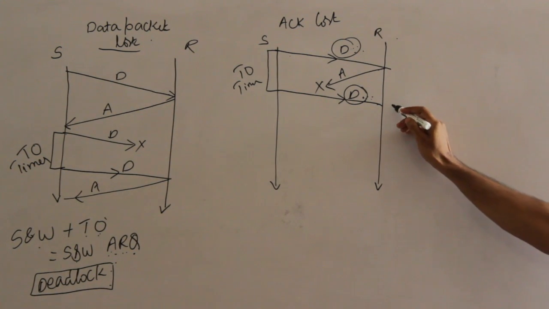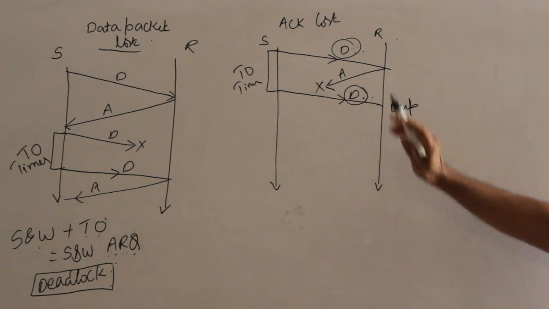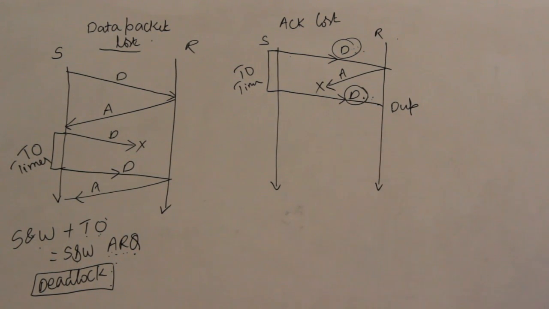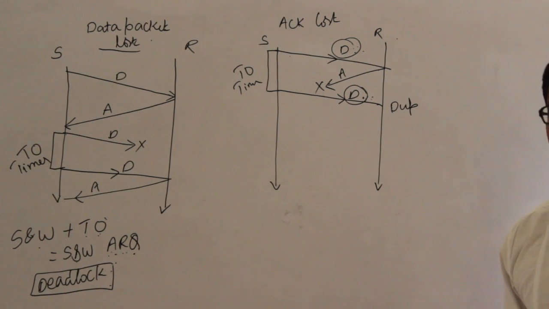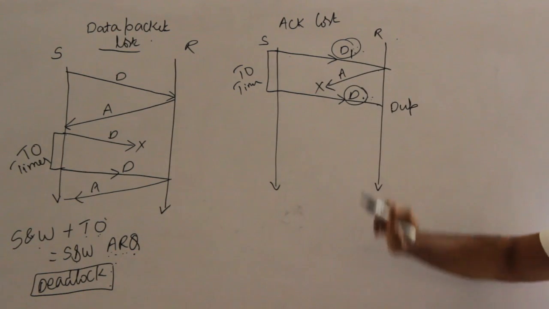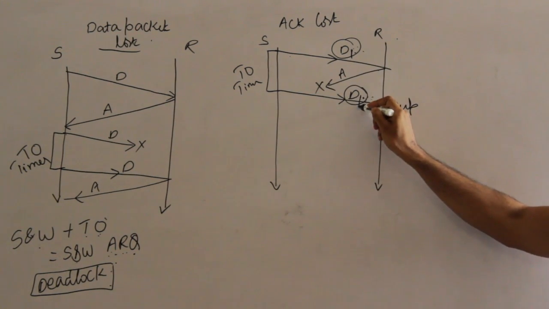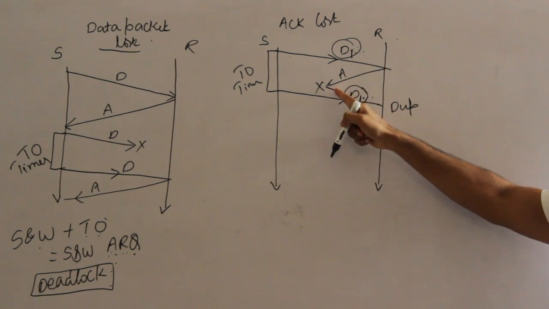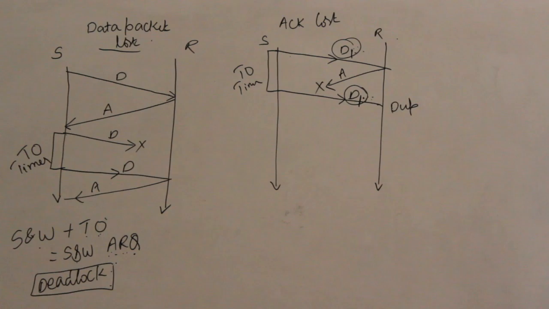So this is also called the duplicate packet problem. The reason is the receiver is accepting the duplicate packet as a new packet. This problem is called the duplicate packet problem. Now, how could we solve this duplicate packet problem is, instead of sending the plain data, you have some numbers on the data packets, which means in case you have some number as D1 here, and if you are again repeating the packet as D1, then the receiver will understand that, oh, the acknowledgement might have been lost, and that is why he is sending the data packet the second time.